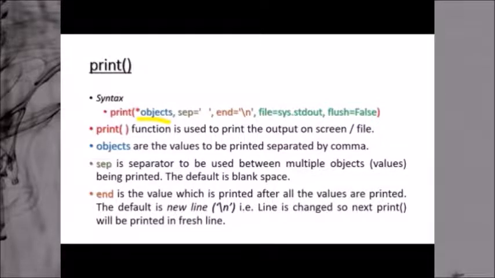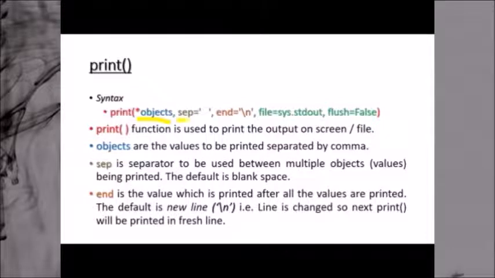You can have one value which you want to print, or you can have multiple values. Now these values can be literals, that is constants, which we have already discussed. They can be an expression, a formula, or some other things you want to print. That's why we refer to them here as objects. So you can have n number of values, items, expressions, and constants which you want to print. You will have these in the beginning.